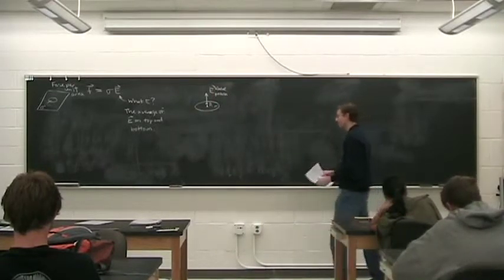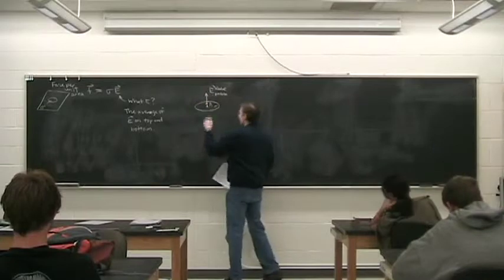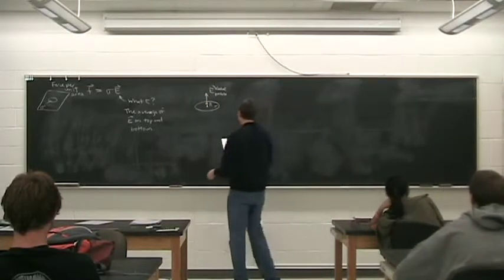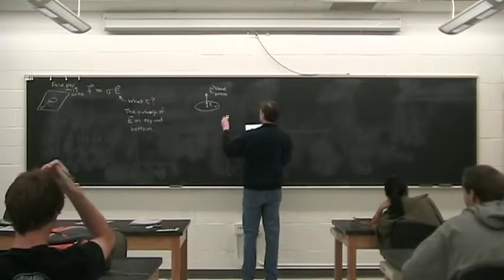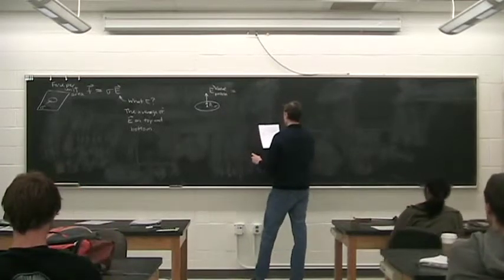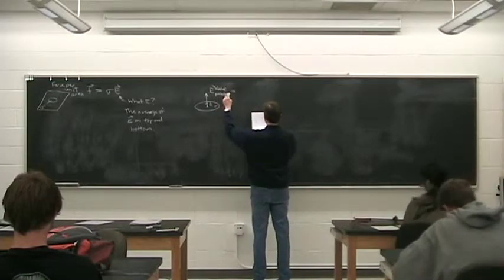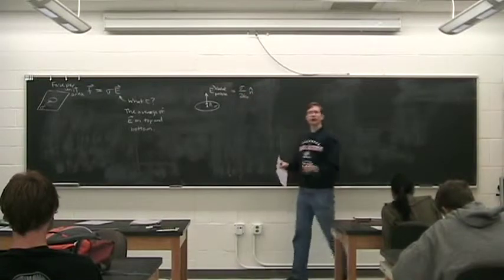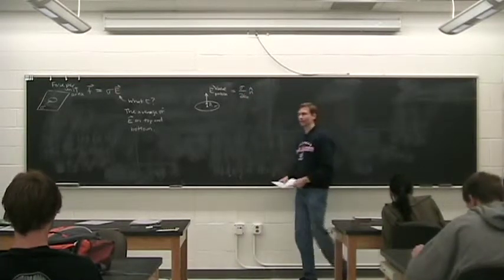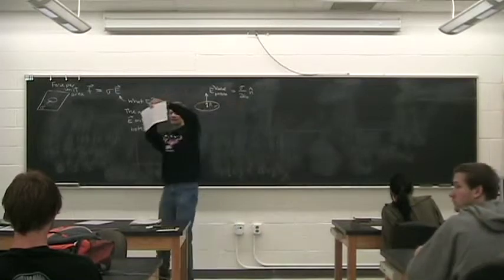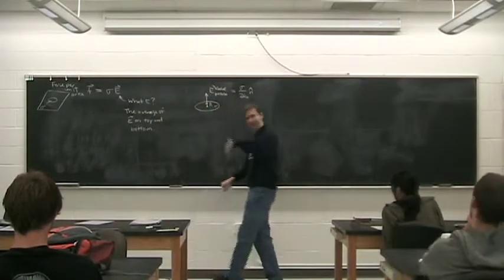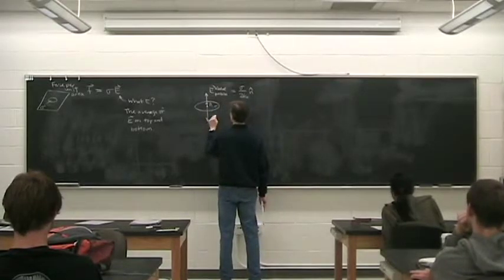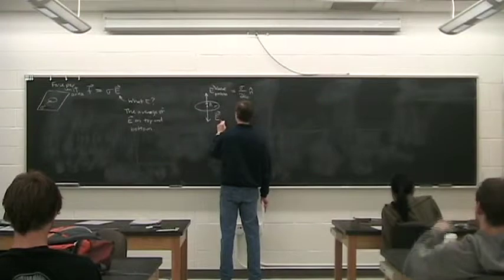So here's our little patch. Let's let the hat be pointing up there. And we know that right above the patch, the electric field E above, due to the patch by itself, that's what the sub-patch means there, is sigma over 2 epsilon naught times n hat. And then below it, infinite plane again, if you're close enough, it'll be pointing down, sigma over 2 epsilon naught in the other direction there. So E patch